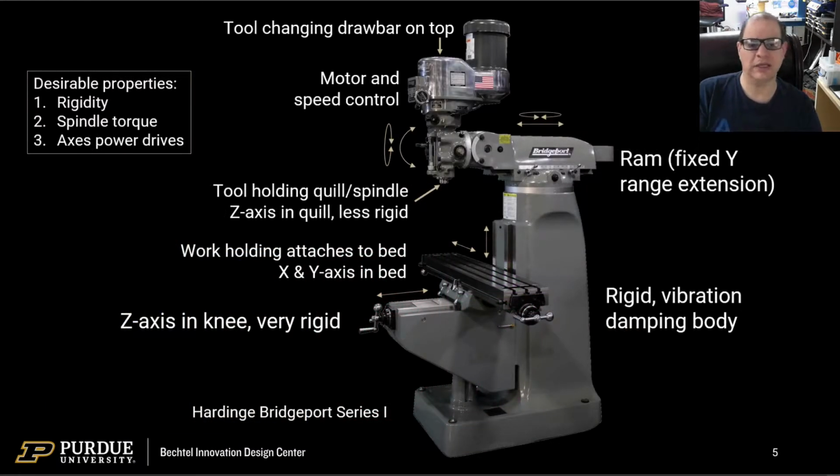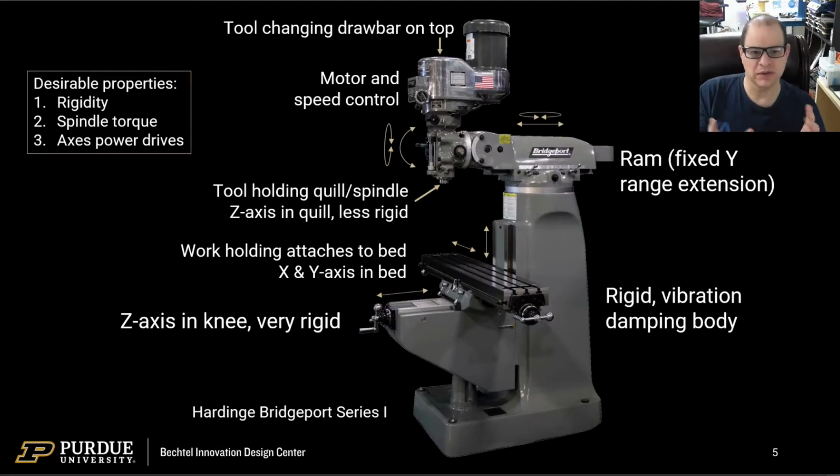So let's look at the anatomy of a milling machine. Now, this is a classic Bridgeport Series 1, one of the most famous manual milling machines in the world. But don't be fooled by a more modern CNC computer-controlled one, because effectively, they're this machine in a box. If we took away the outer shell, you basically have something which looks very much like this and has the same kind of innovations. There are a couple of what I would call key differences, but realistically, the same idea